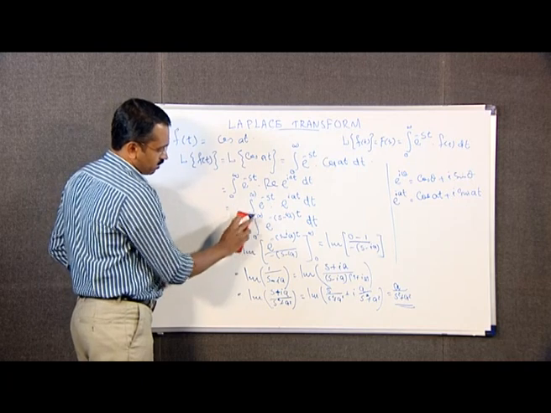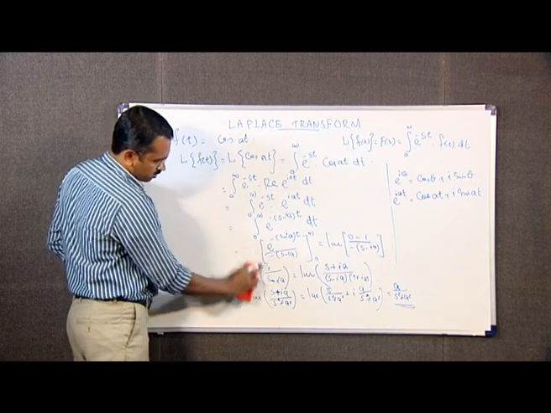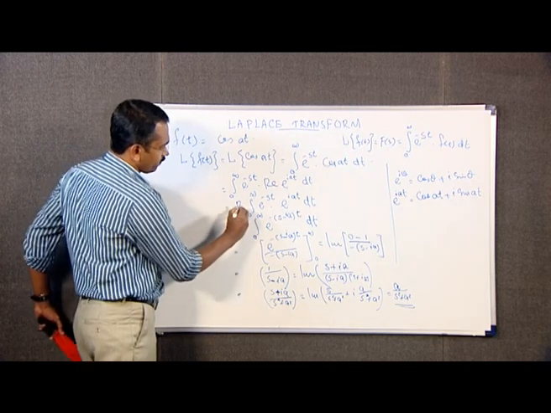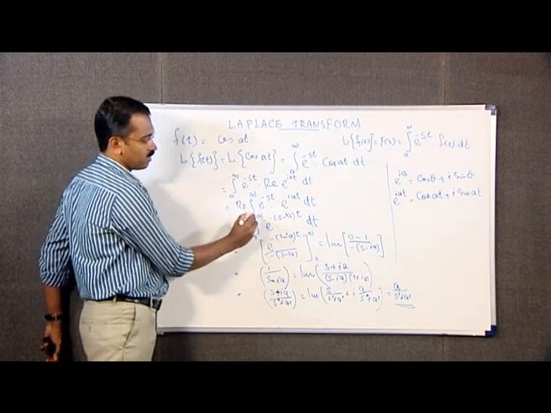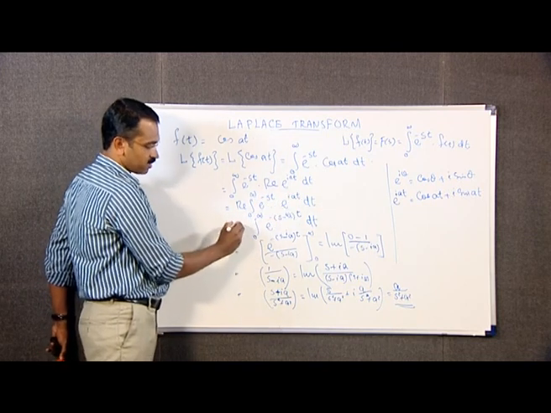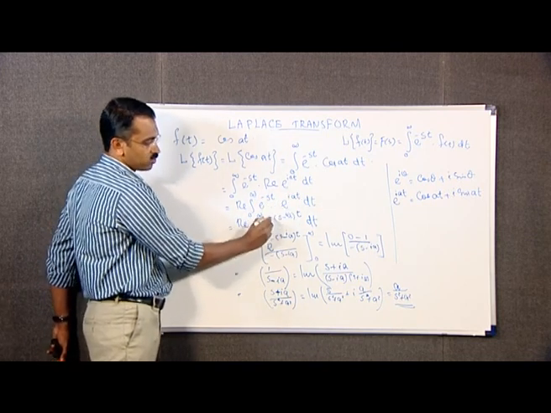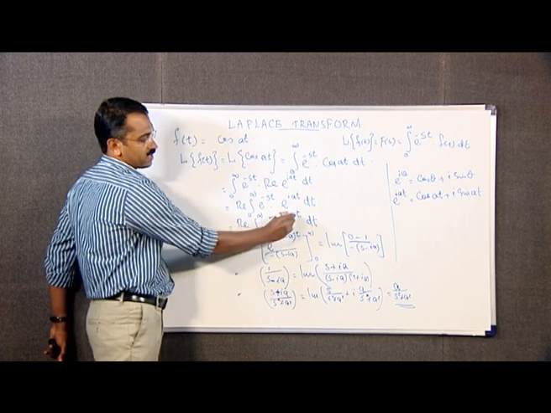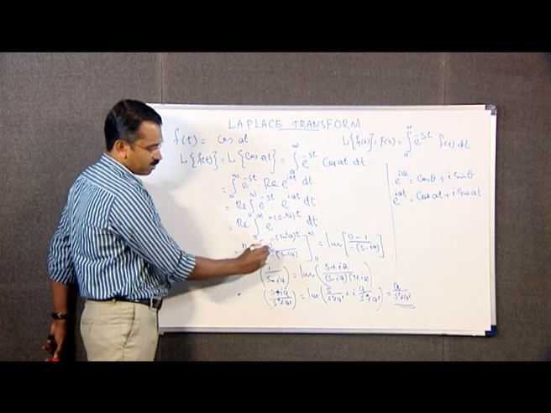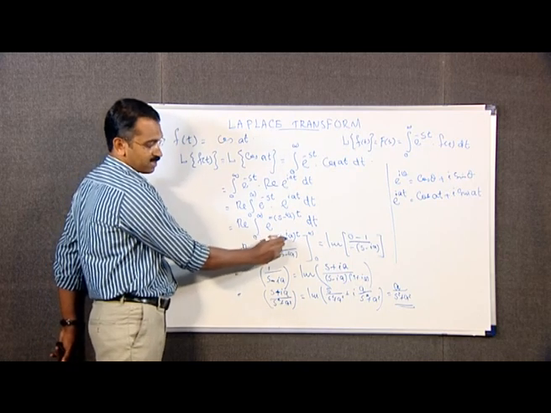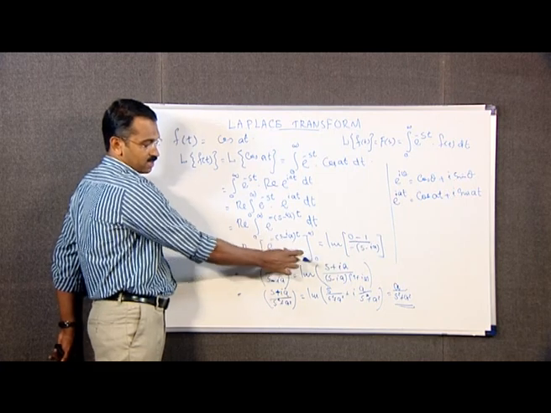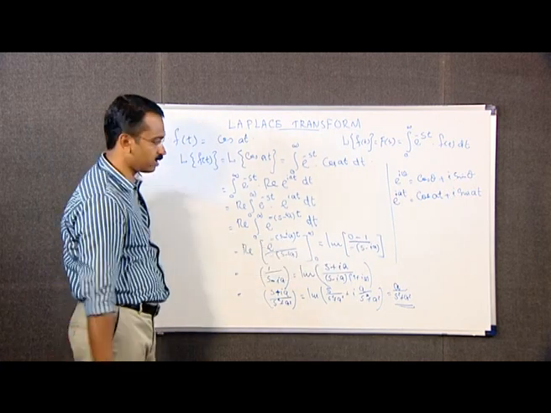We can replace all the imaginary part with real part. Here, real part of integral 0 to infinity e raised to minus st into e raised to i a t dt, which is equal to real part of integral of e raised to minus of (s minus i a) t dt. This is equal to real part of e raised to minus of (s minus i a) t divided by negative of (s minus i a), on integration between the limits 0 and infinity,